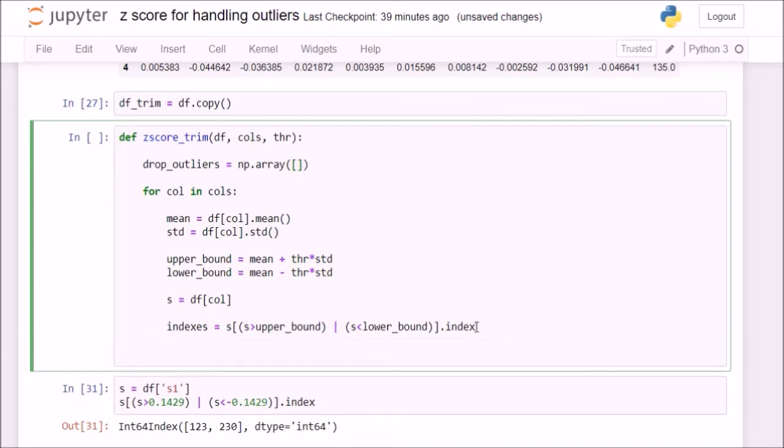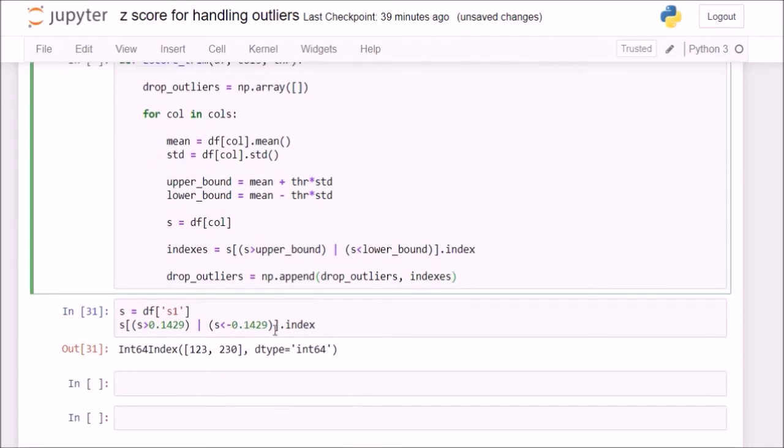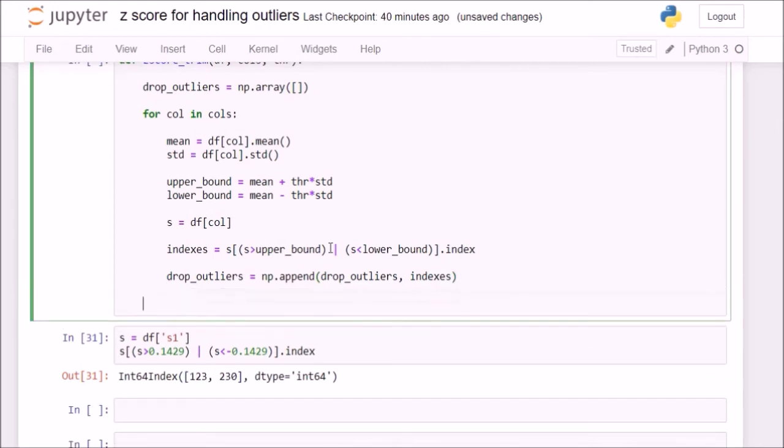Then I'll say drop outliers is equal to np dot append, appending to the drop outliers array my indexes array. I'll just return my drop outliers array.